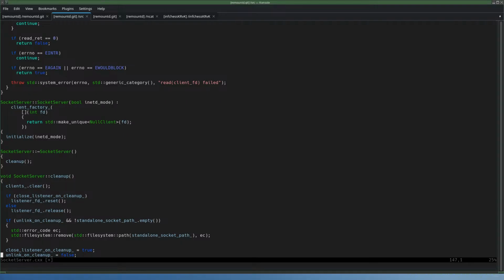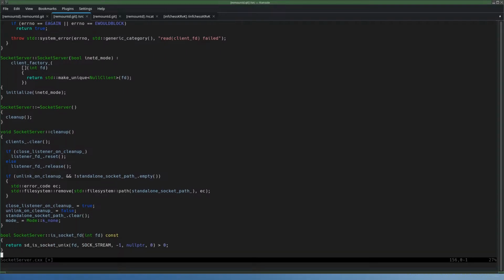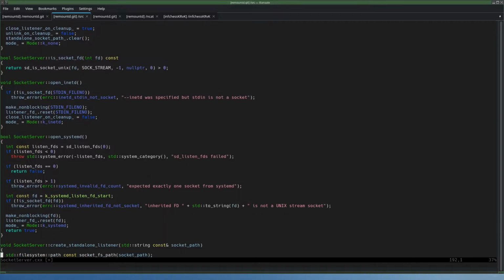Socket server constructor. Well, let's not print anything about that yet. Clean up. Here's socket file descriptor. Open init daemon.